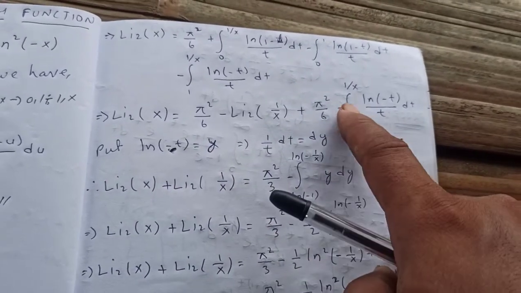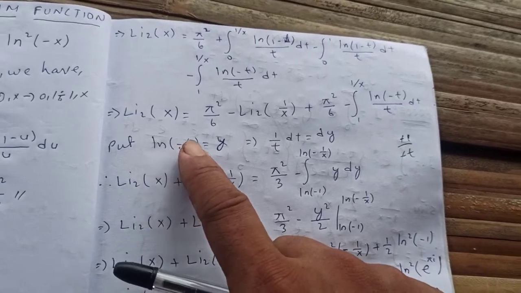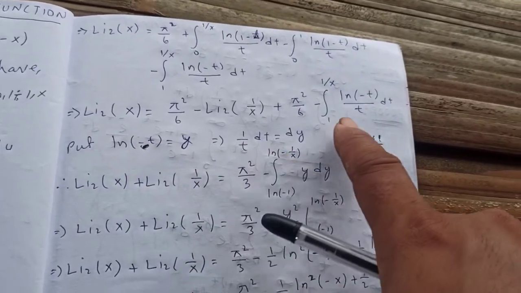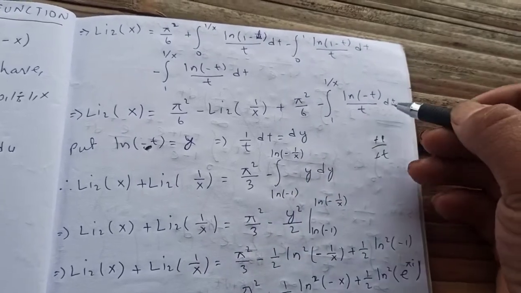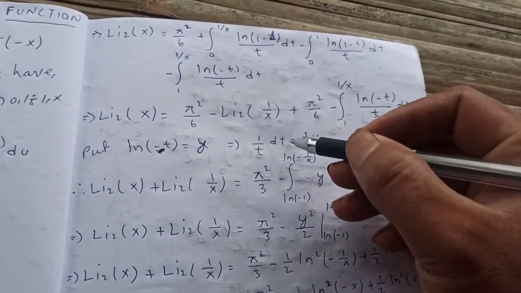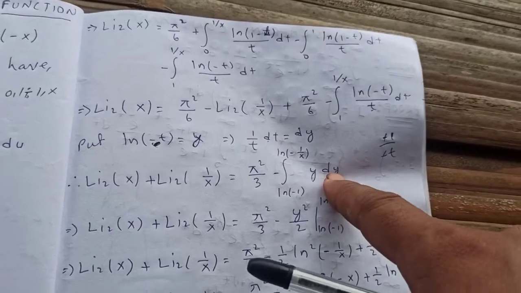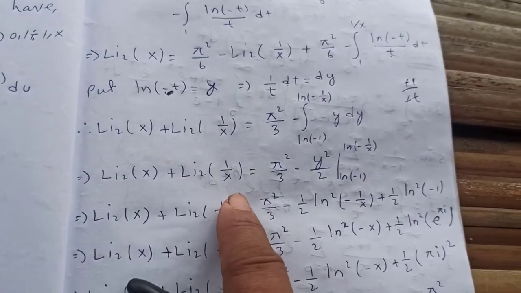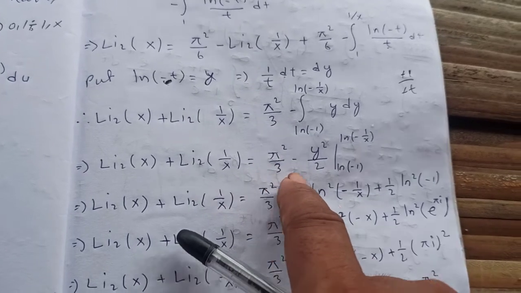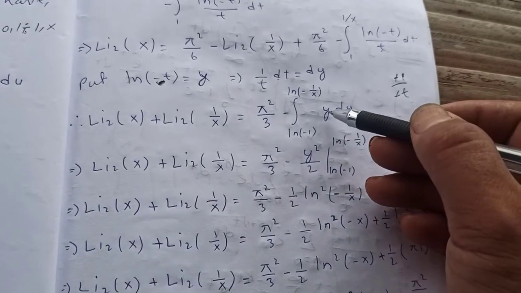When t is 1 over x, it will be log of negative 1 over x. And log of negative t is y, and dt by t is dy. So li2 of x plus li2 of 1 over x is equal to pi square over 3 minus the integration of